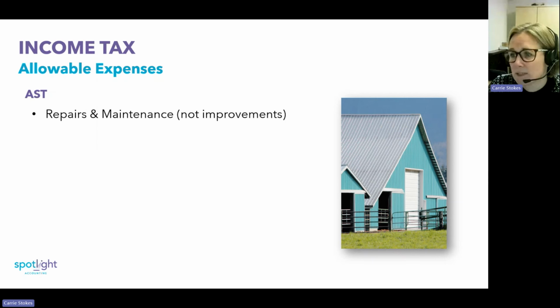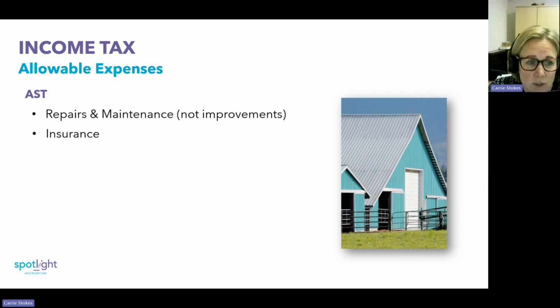So the example I use is if you have a property and the kitchen comes to the end of its life and you need to replace it, providing you're replacing it like for like, that's an allowable expense. If you knock out a wall and extend the property and double the size of your kitchen, that isn't an allowable cost against your profits, because it's what HMRC determine as capital in nature.